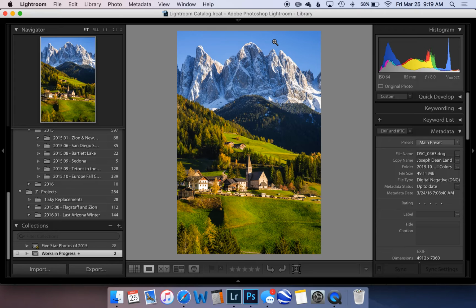So even though I don't like replacing my skies too often, I just like shooting my landscapes as they are, this photo to me is so special that I just want to make it awesome. So this is a great candidate for a sky replacement because I don't know when I'm going to be back at this location again. So I'm going to show you how we can go about doing a really simple sky